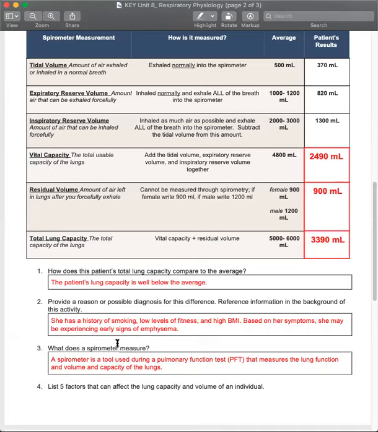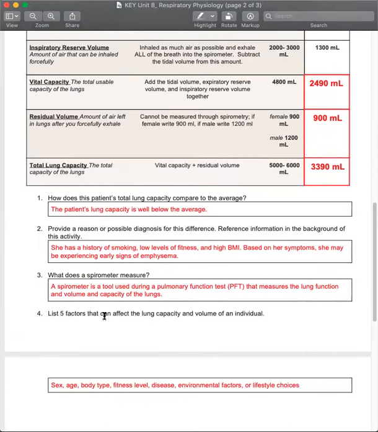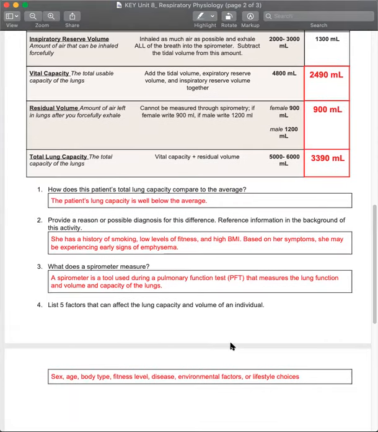And then what does a spirometer measure? It's a tool that measures lung function and volume and capacity of the lungs. And then the five factors that can affect lung capacity and volume in an individual. Sex, age, body type. So basically your body makeup, your fitness level,